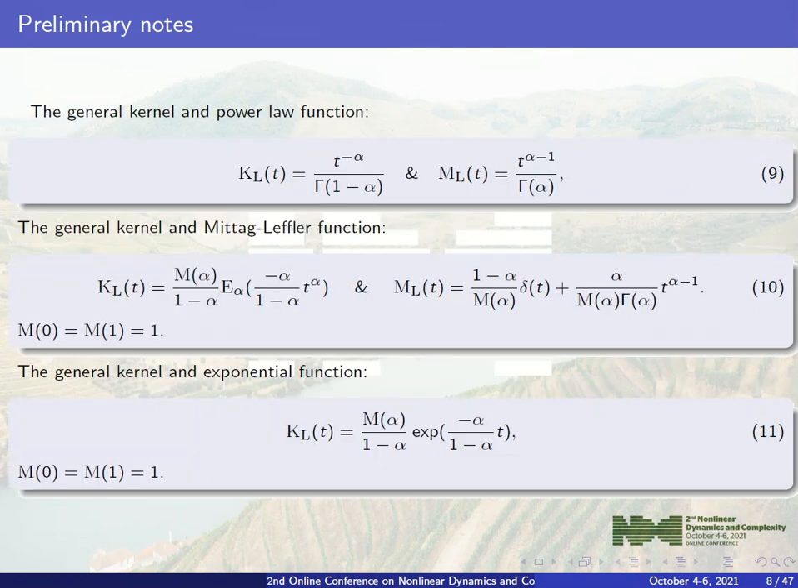Now, 3 particular cases are introduced here according to the recent definitions. First, the general kernel and the power function constitutes the associated kernel for the integral operator 5. Second, the kernels and Mittag-Leffler functions would be considered in equation 10. Finally, the Caputo-Fabrizio derivative is formulated by equation 11, in which the kernel is the exponential function. Furthermore, capital M of alpha would be the normalization function such that M of 0 equal M of 1 equal